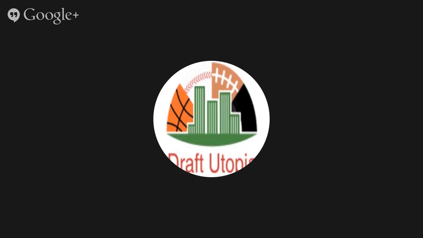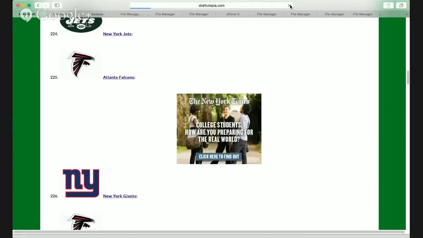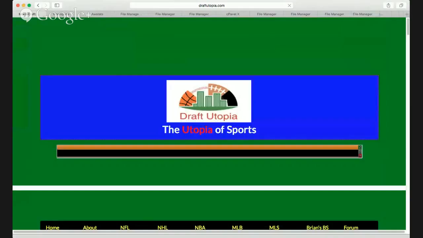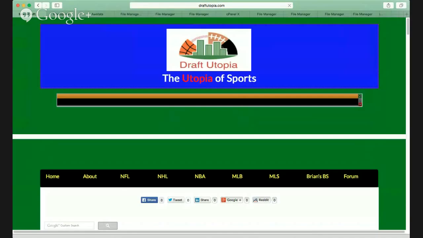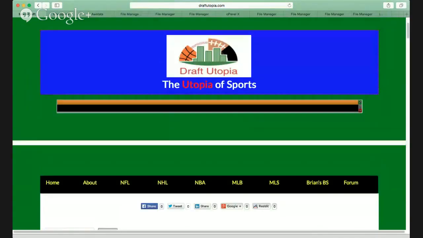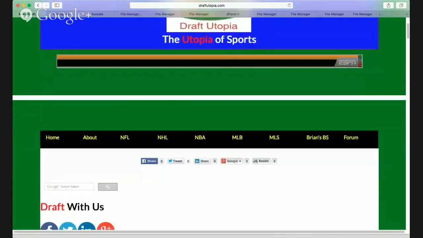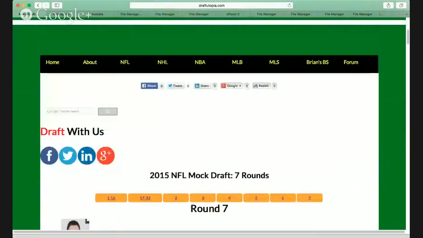So that's our NHL mock that we're working on right now. So we're going to load this up, and let's see what happens. We're going to stop sharing in a second, but I'm pretty sure you guys get the point. All the background stuff with the nav bars and the nav bar, this green, that's all CSS. Social media, that's some custom search bar, and this is very basic code.